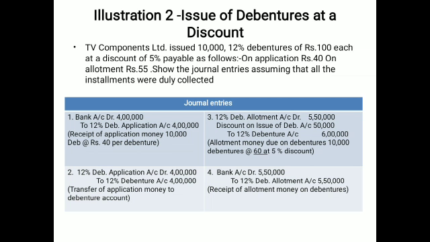So now you may see the entry. How will you get it? The first entry will be passed: bank account debits to the 12% debentures applications account, 10,000 multiplied by the 40, as mentioned in the question. And now the 12% applications is again transferred to the 12% debentures with the amount of 40 multiplied by 10,000, that is 4 lakh. But now I am moving to the main entry, discount. So the 12% debentures allotment with the 55, discount with the 5, and the 12% debentures account with the 60. You have to write down all the figures here first and multiply them by the 10,000.